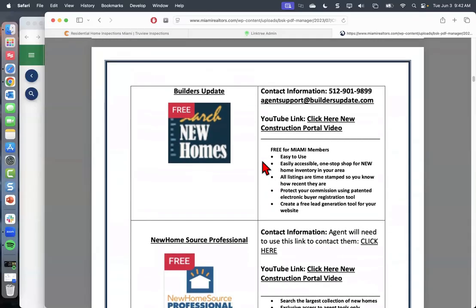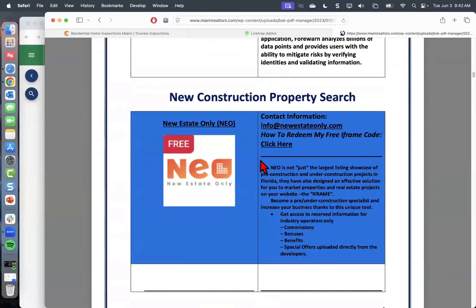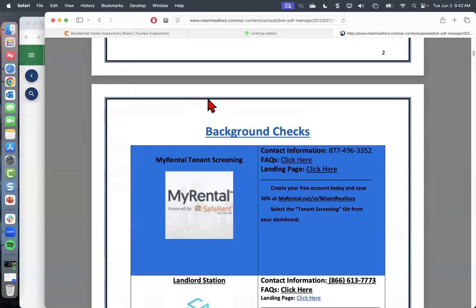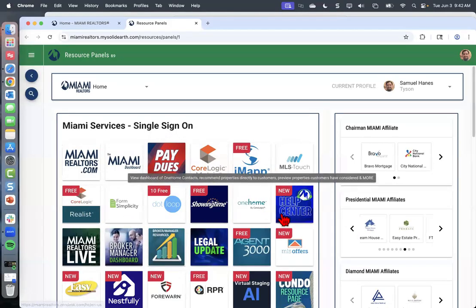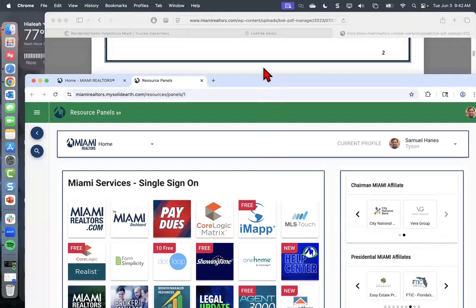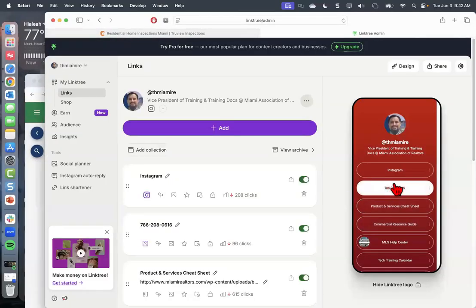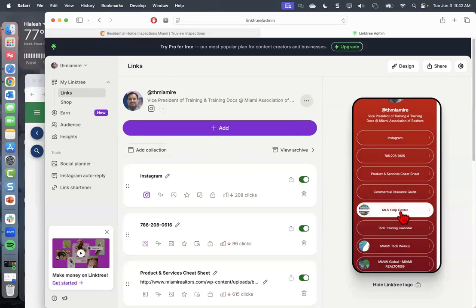We do have a class for new construction as well. It's called the New Construction Portals class. Again, any class where we go over product and services within your gateway, you guys get those classes absolutely for free. Okay. Also, if you access this link tree, there's a commercial resource guide and there's a knowledge base that